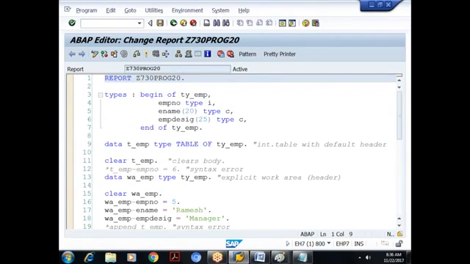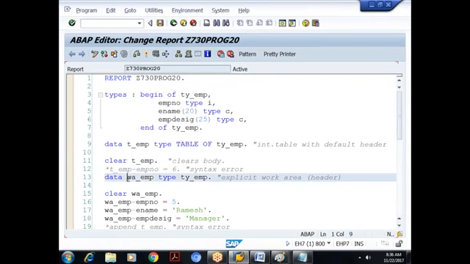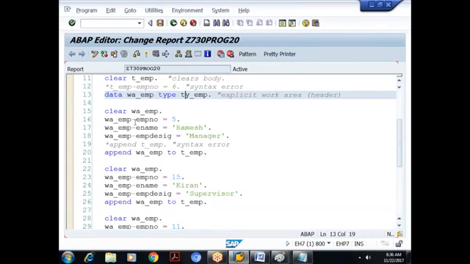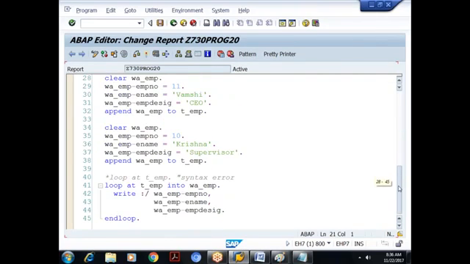So what is the overall understanding here? I declared an internal table without any header. So in order to fill your internal table, I require a separate structure. So how do you declare the structure based on the types declaration? DATA, work area name, TYPE type name. So I declare DATA, some work area name, TYPE type name. Then you fill your work area for every record. From work area append it to the end of the internal table. That's it. Clear? Any questions?